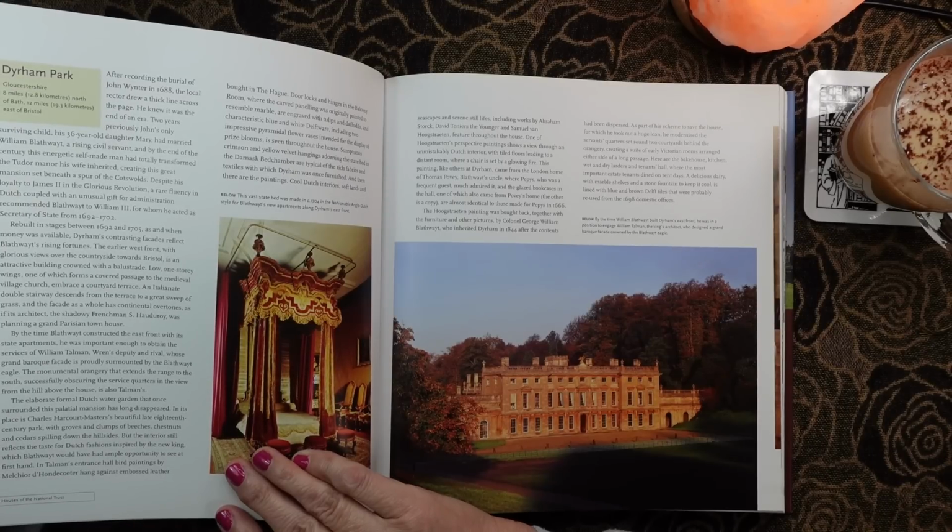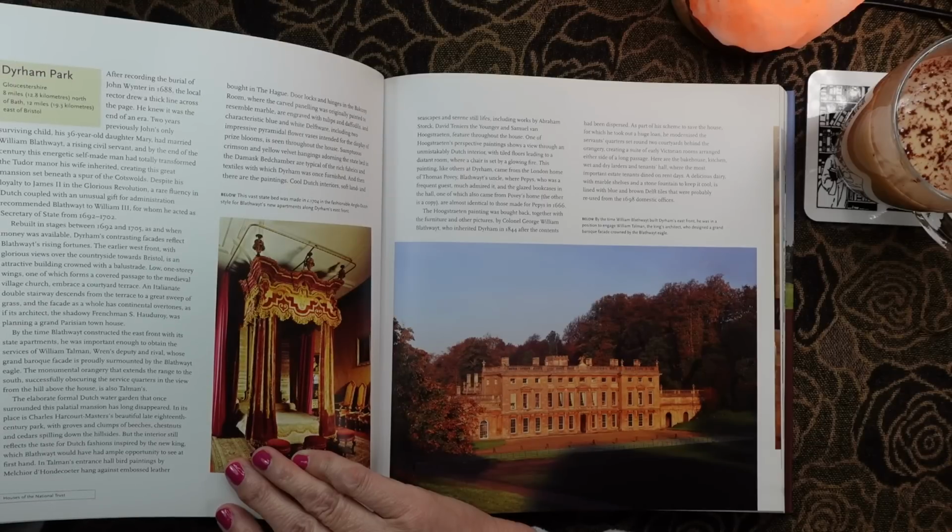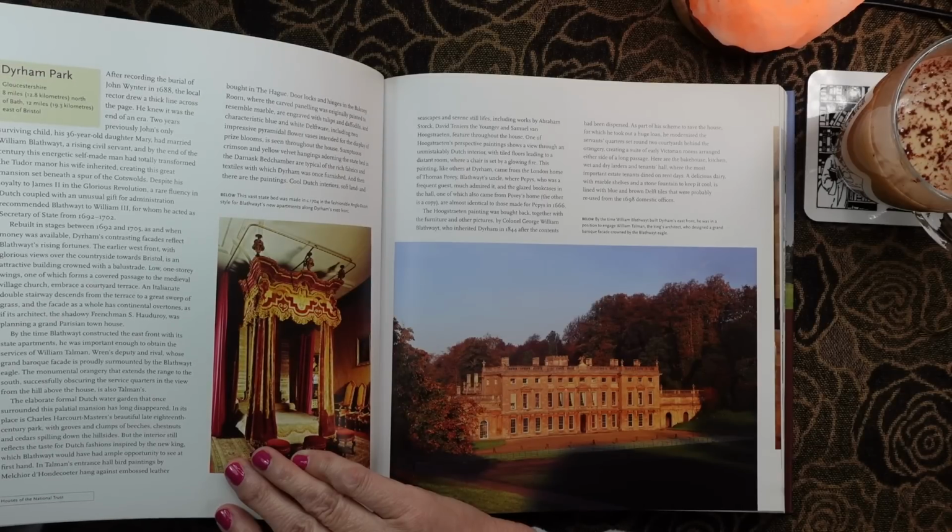Despite his loyalty to James II in the Glorious Revolution, a rare fluency in Dutch, coupled with an unusual gift for administration, recommended Blathwaite